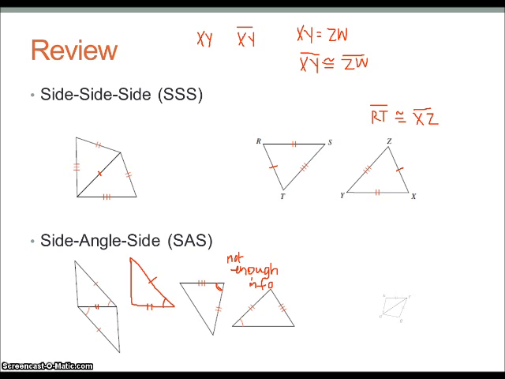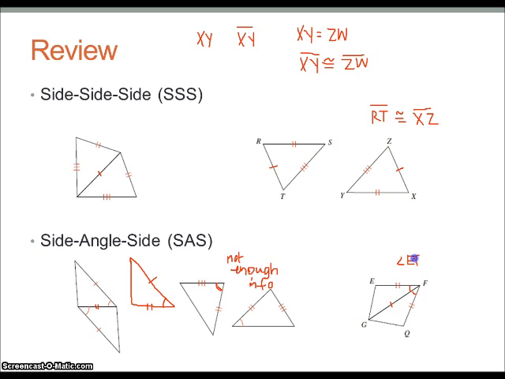Alright, and then looking at number 17. This is where we want it to be congruent by SAS, side angle side, and so we need to figure out what we need for that to be congruent. So if we look, we have a side, and we know this one's congruent because of the reflexive property. So we have 2 sides. So we know we need an angle, and that angle has to be included because we have side, angle, side. Right? Order matters. So we look, and we have to have an angle that is adjacent to both of these sides, which would be this angle F. Right? But we can't just say angle F because that would mean the whole angle, and we need each individual side. So we would say that angle